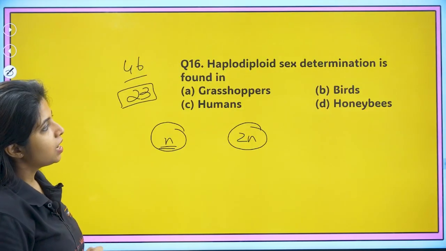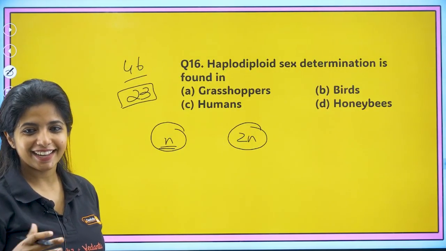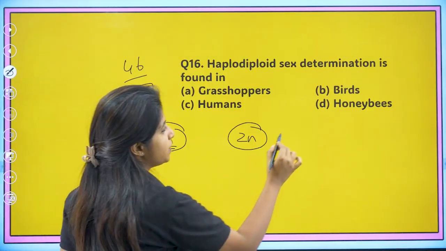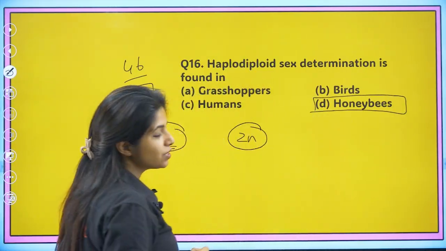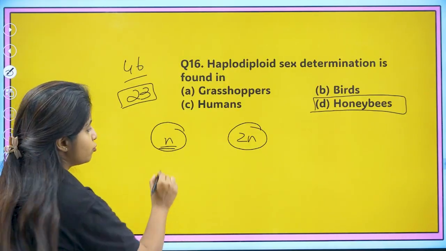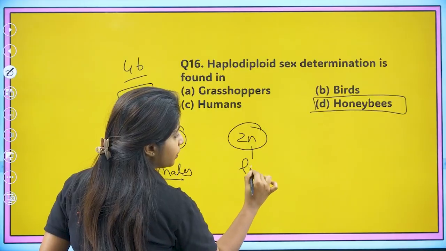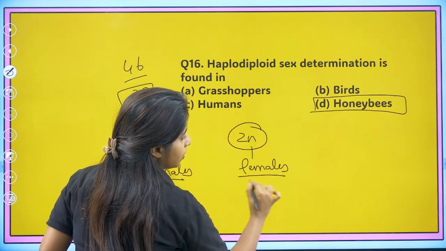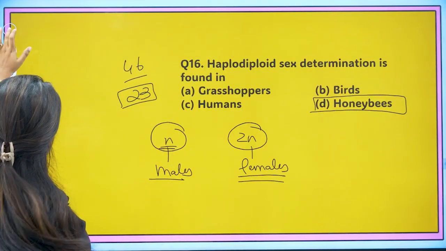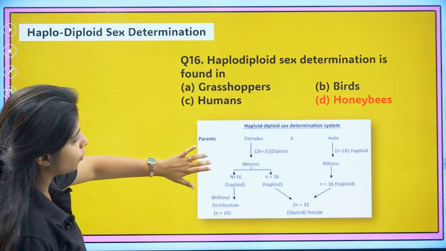Now my dear children, what does it have to do with sex determination? So there is a condition and that is seen in what? Honeybees. It is seen in honeybees where the haploid ones, the ones that have half number of chromosome, would be the males, and the diploid ones, that would be females. Ma'am, how is that possible? That might be the next question. We anyway studied it, but I can explain it to you once more. I don't mind it. So over here, see,